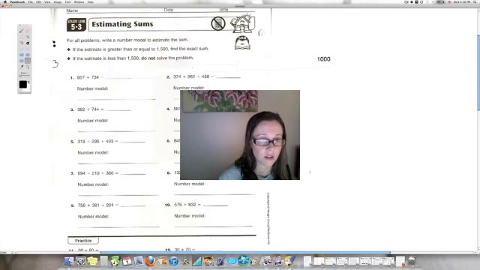If the estimate is greater than or equal to 1,500, find the exact sum. If the estimate is less than 1,500, do not solve the problem. So we're kind of forcing you to do mental math inside your head. So if you look at the first one,